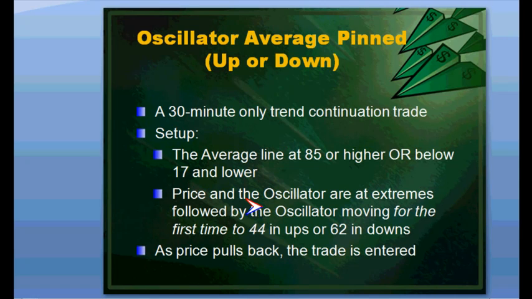Okay? Now, 30-minute only continuation trade. The oscillator. This is an average pin. This is the oscillator, the blue oscillator average. Okay? It trades the same way. It generally trades between, let's say, -1 and, let's for argument, 89, 90. Okay? When it gets pinned up around 85, 90 at the top, okay, or 17 and below on the bottom,